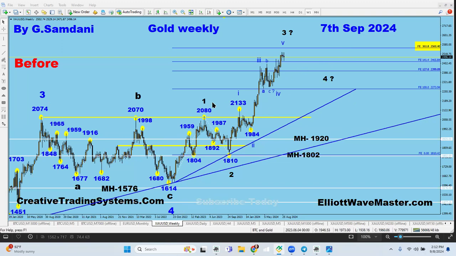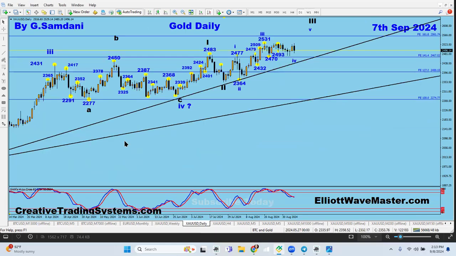Out of that, we have 1, 2, 3 underway, and wave 4 will come after that, and then wave 5, right? So wave 3 will also have 5 waves. So 1, 2, 3, 4, and wave 5 of wave 3 is underway right now. But if you look at the daily time frame, you will see what's cooking here. So that's wave 3, that's wave 4, but wave 5 of this wave 3 is also going